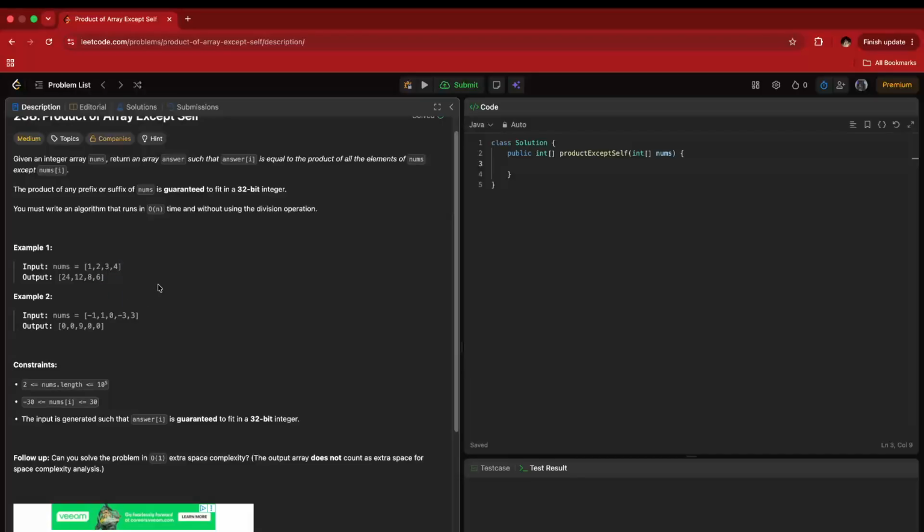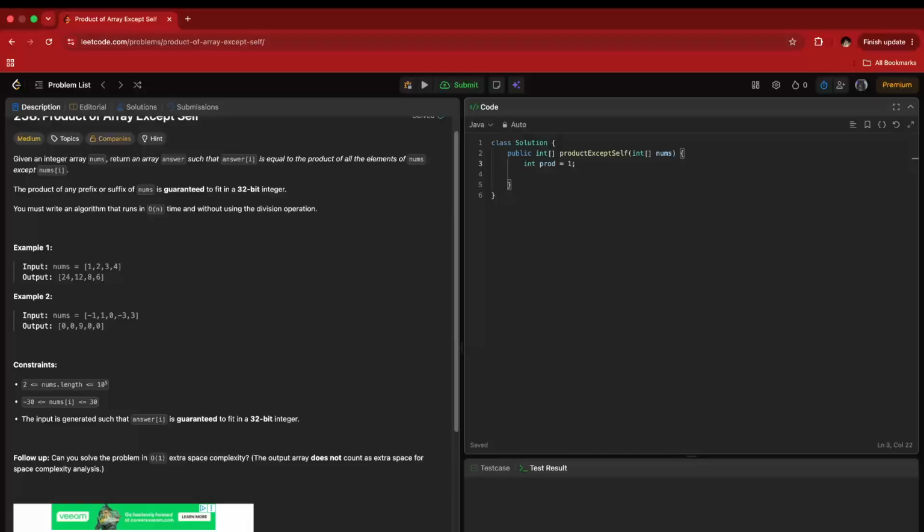So basically, to dive into the problem, first I think we need to get the whole product of the elements, so that when we have the whole product of 1 2 3 4 we will get 24, and when we divide the specific element from the product, when we divide 24 by 1 it will be 24, when we divide 24 by 2 it will be 12. So that basically will help us to solve the problem, so that we'll have an integer product which will be